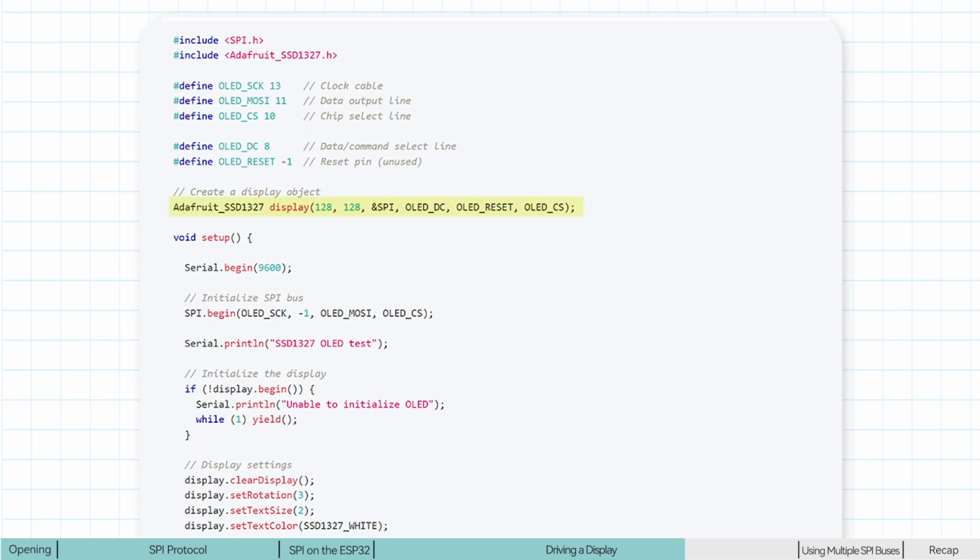Next, find this line. Here we create a display object. By passing the SPI parameter, we tell the library to use the hardware SPI interface to drive the display. Then, inside the setup function, before calling display.begin, we need to initialize the SPI bus and assign custom pins. The SPI.begin function configures pins in the order SCK, MISO, MOSI, CS. Because we are not using MISO, we pass -1 in the second parameter position, indicating that